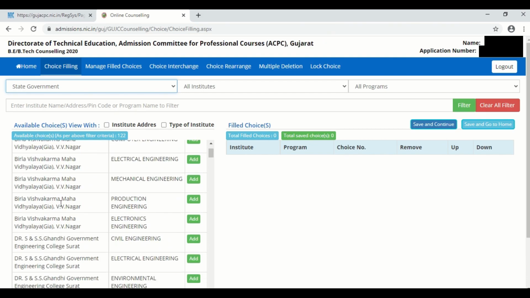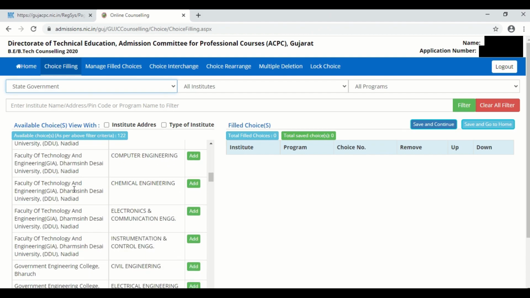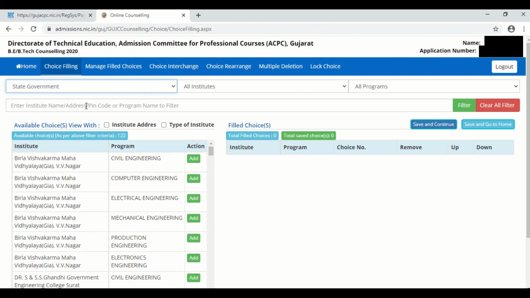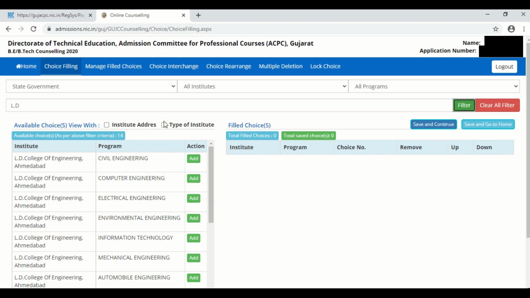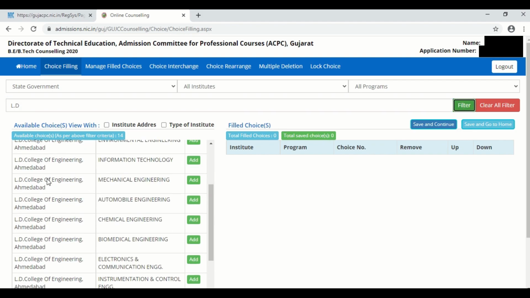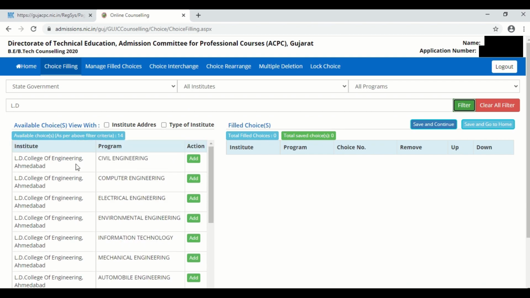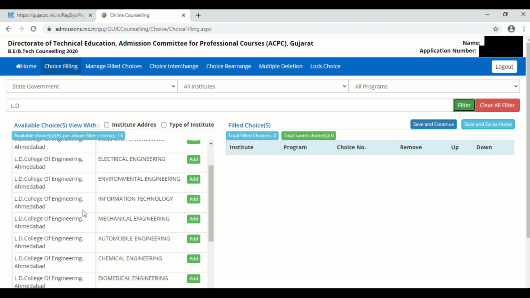I can either select LD College of Engineering from this pool of colleges, or we can also use the filter option that is given here. I'll write down L.D, and instead of pressing enter you need to type or select filter here, and you will be shown all the programs that are available for LD College of Engineering.